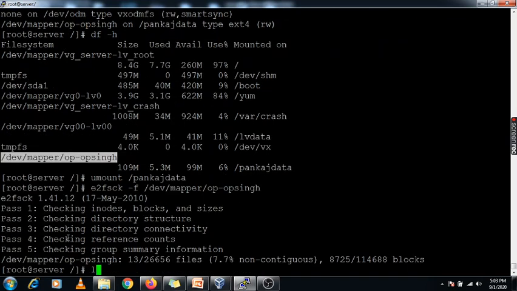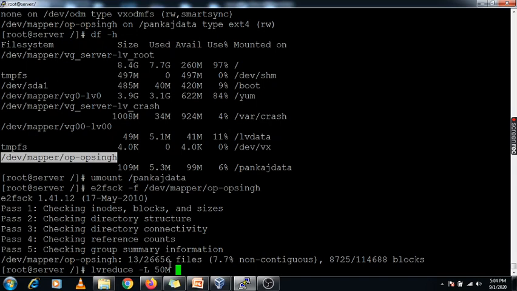And then you need to use lvreduce space hyphen capital L. I am going to reduce it by 50 MB and you need to specify that.